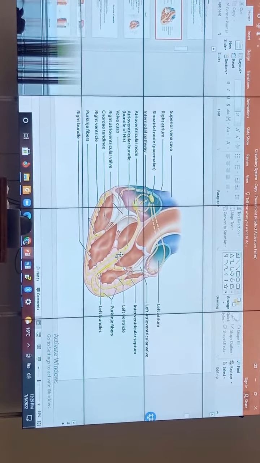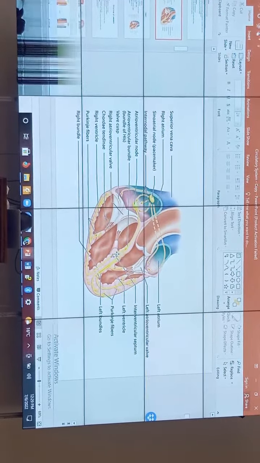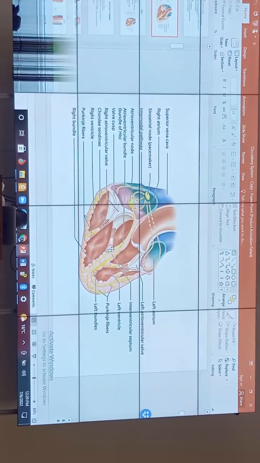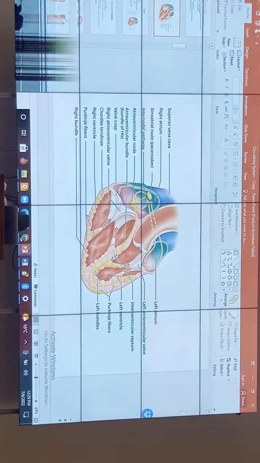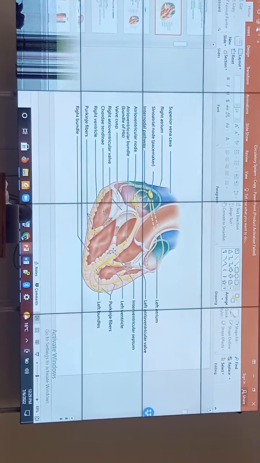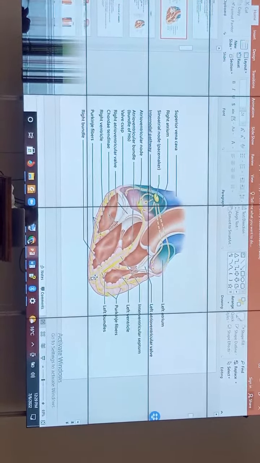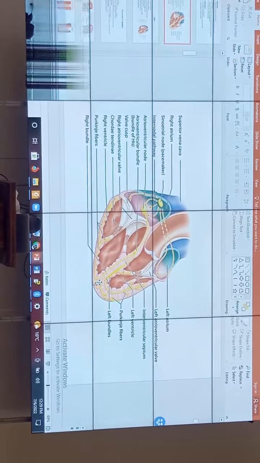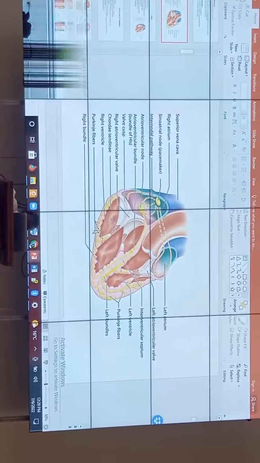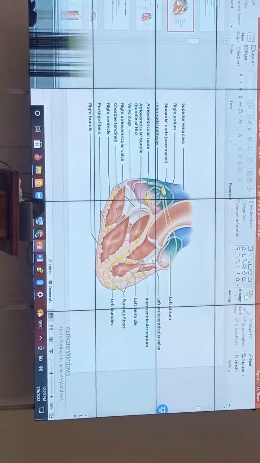And look at what is happening here. The bundle of His is branching into these two bundle branches. There's a right bundle branch and the left bundle branch. Let us follow through the right bundle branch. There is our right bundle branch. Where is it going? Towards the apex, isn't it? And then from there it turns and starts to follow the muscles in the walls of the right ventricle towards the septum. Towards the